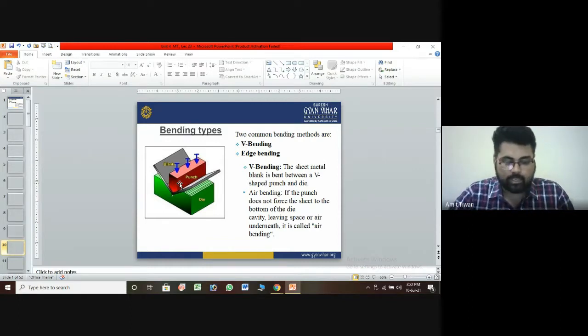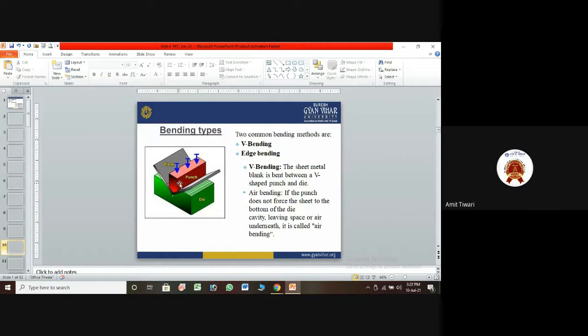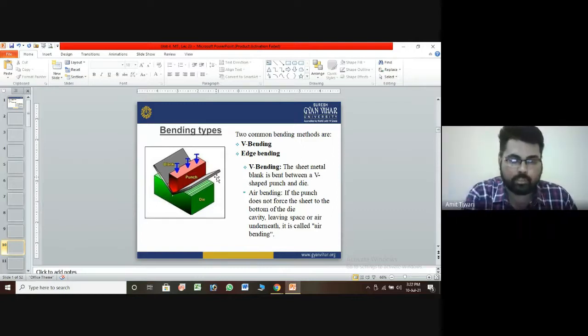So these are some techniques, some processes we use to form this type of shape. It is easy to understand the formation of this shape. For a V shape, the punch and die are designed in a V shape. First of all, we design the V-shaped die, and after that we can keep the